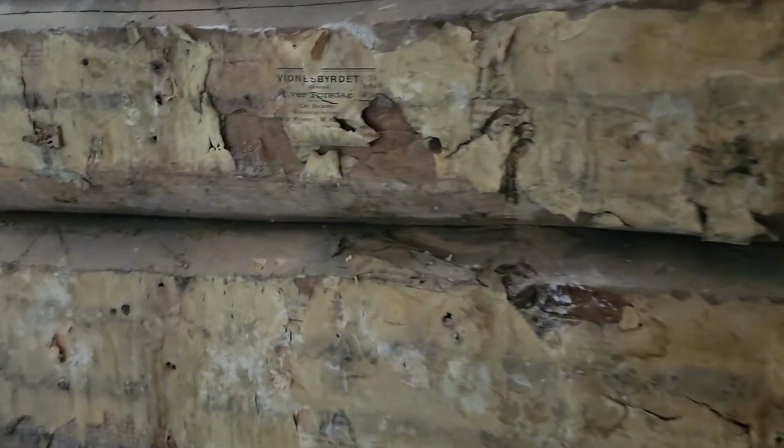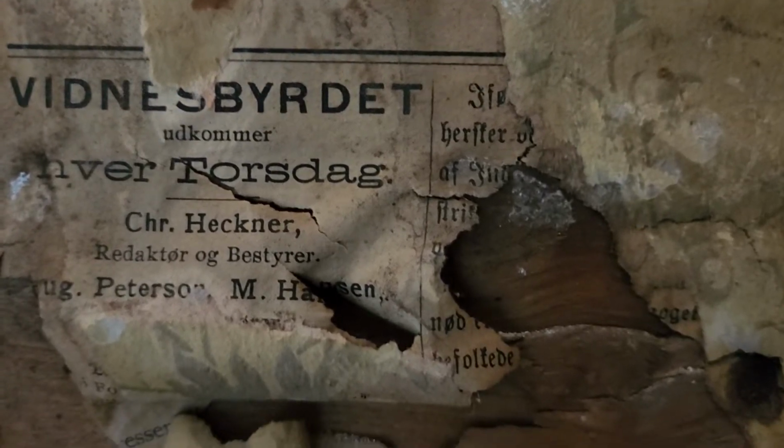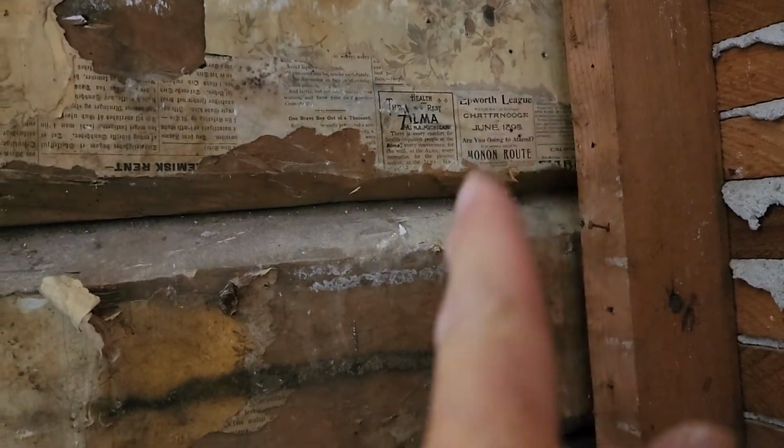But I wish I'd have had more information on this stuff. Would have been nice to have dates of how old this paper is. I know that one right there is at 1895. That's an old piece of newspaper right there. But I wish I'd have put something heavier on that piece about the copyright, the date of the copyright. It was either 1903 or 1906. I looked at it, but I didn't remember what the year was, because I figured I'd still have it. But silly old me, I didn't put something heavier on it. I just assumed it would stay there because it was being blocked from the wind. But anyways,